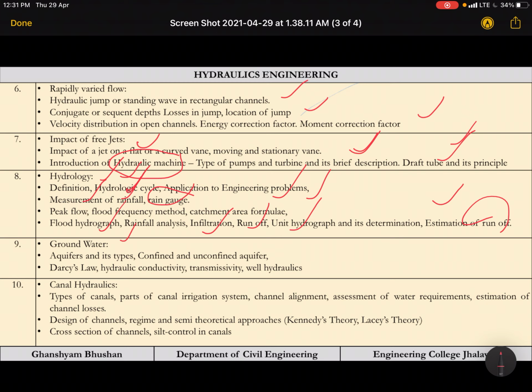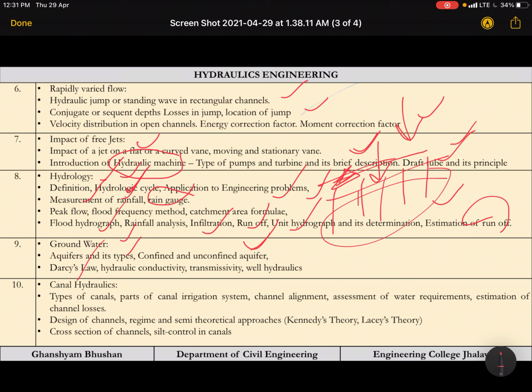After precipitation, rainfall is there. So what is going to happen? Runoff is the surface flow, but some water will go into the ground. So this is termed as groundwater. So what are the types of groundwater formations? That we are going to see, and this flow is governed by some laws like Darcy's law. So this we are going to see in detail.